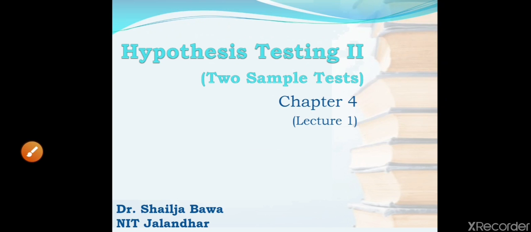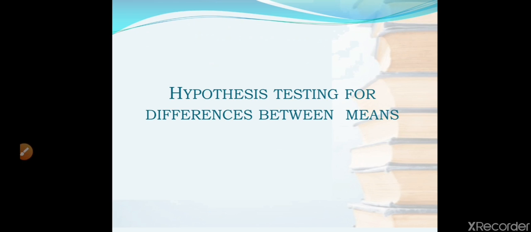This lecture is about hypothesis testing for differences between means. In many decision-making situations, people need to determine whether the parameters of two populations are alike or different. Decision makers are concerned with the parameters of two populations. In these situations, they are not as interested in the actual value of the parameters as they are in the relation between the values of the two parameters. That is, how these parameters differ.